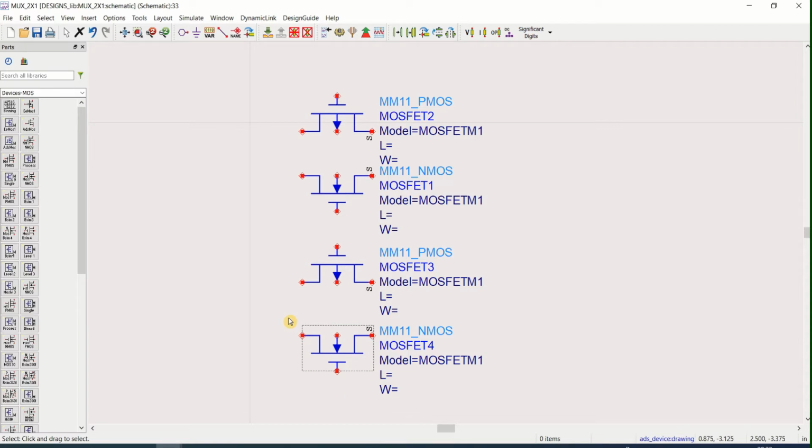I have placed the PMOS and NMOS. Connect the source of the PMOS with the NMOS and drain of NMOS with PMOS. Similarly for the other two transistors,